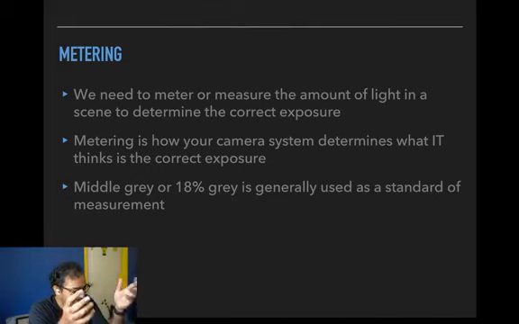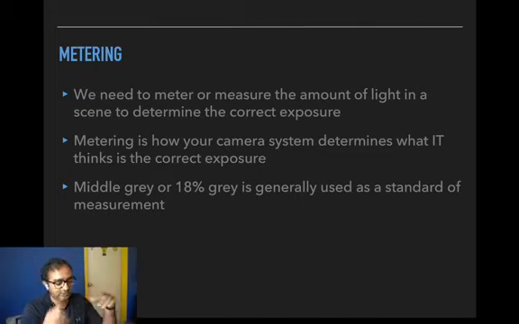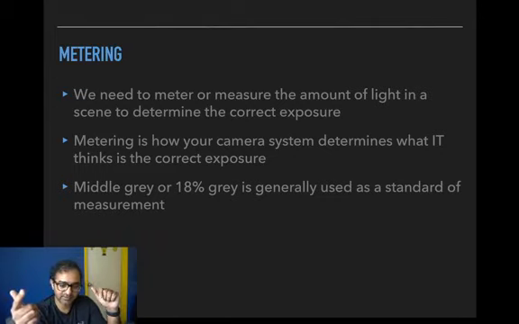You have a camera, you have a lens. How do you know what the right combination of aperture, shutter speed, and ISO is to get a reasonably good photograph? How does the camera know that these settings are correct, or at least roughly correct? Right now there's a camera shooting my image, an A7R3, a Sony camera. It's got a fairly good reading of the light on me and a good exposure. I'm not too bright, I'm not too dark. It's decent.